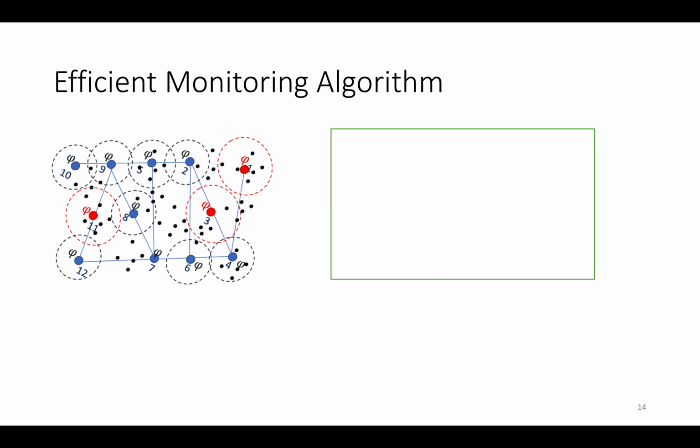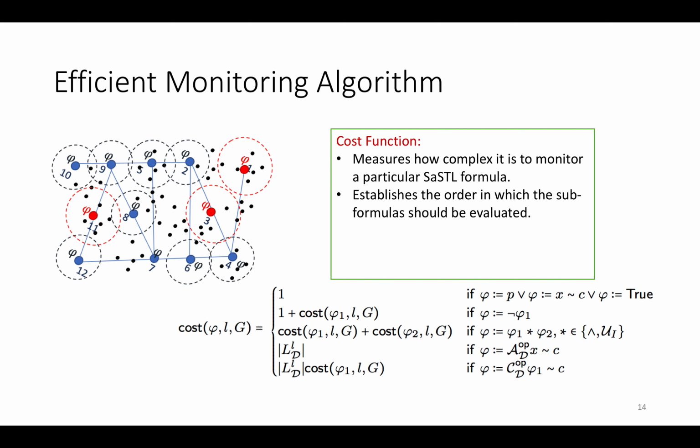So we developed two algorithms to speed up the monitoring, including a cost function. It measures how complex it is to monitor a particular SaSTL formula, and then establishes the order in which the sub-formulas should be evaluated. And then we compute the spatial sub-formulas